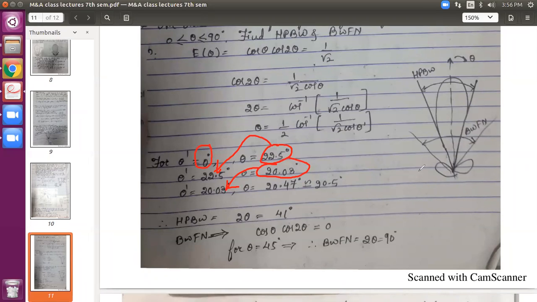$20.59. 20.5 approximately. I have written it here. I have stopped here only. Why? There is a reason behind it. If you just compare both, there is a lot of difference, so I continue the next iteration. 22 and 20, again there is a difference, so I continued with the third iteration, third step. 20 and somewhat nearest values I got, both theta dash and theta, so I will stop it here.